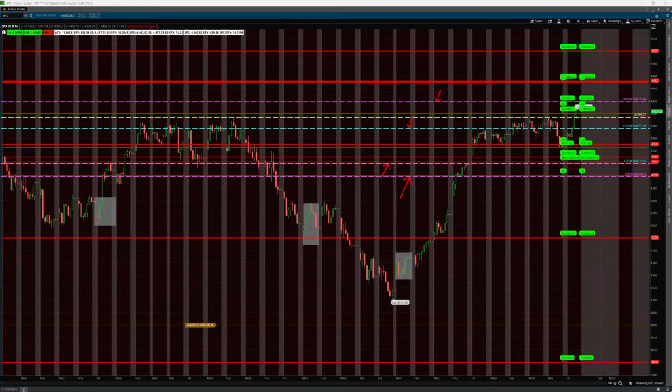There are also some SpotGamma levels on this chart. These are proprietary SpotGamma levels. These are available to SpotGamma subscribers, available on a variety of trading platforms. Here we're looking at Thinkorswim. I'm going to point out the key daily levels. So first of all, there's the put wall at 4,000. That's the strike with the largest net negative gamma that can be expected to act as support. That's well out of play.